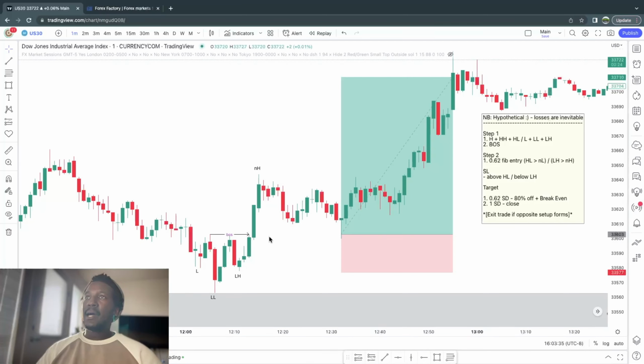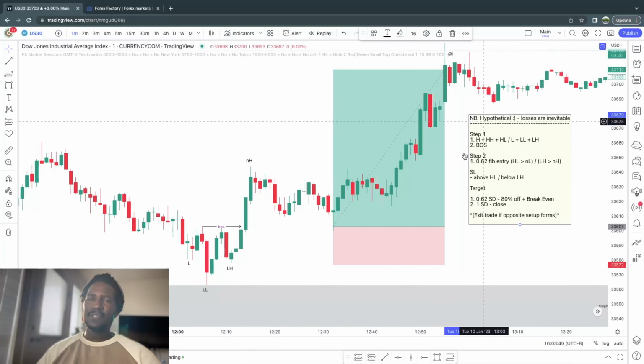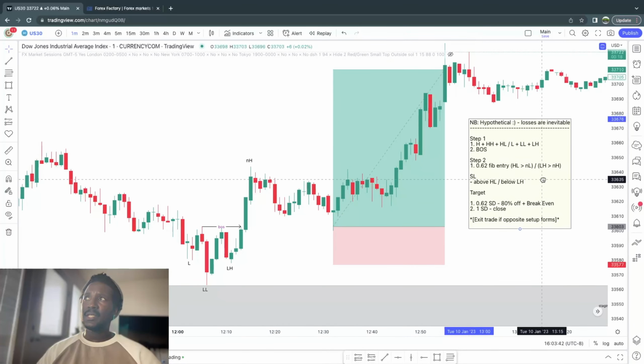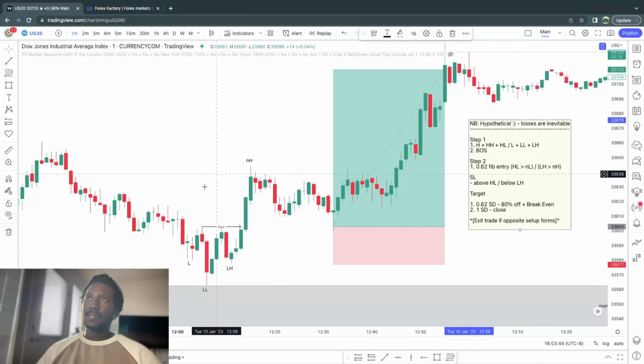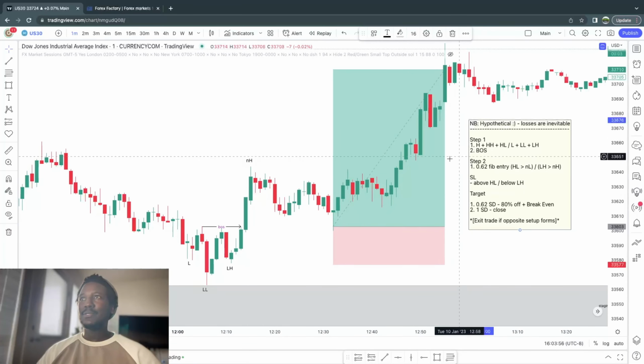So now, as you can see, I'm gonna do a recap. I've done this over and over in my previous videos, so just go check it out. This was a long setup, and this was extremely textbook. Because we have a low and a lower low and a lower high, that was step one. Step one, number one, low, lower low, lower high, and then a break of structure, number two,